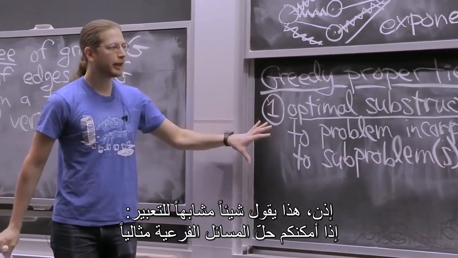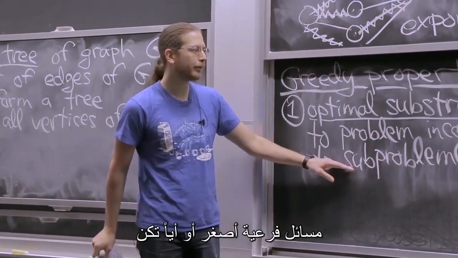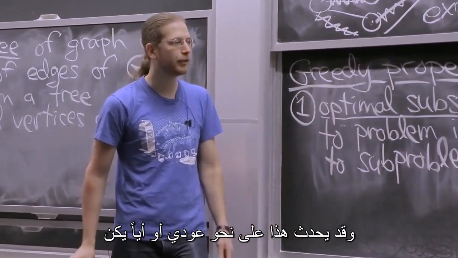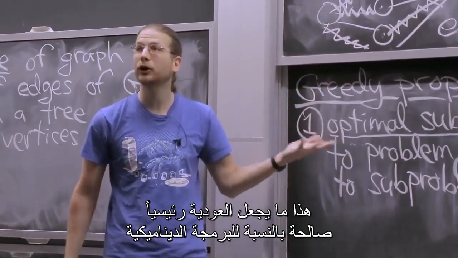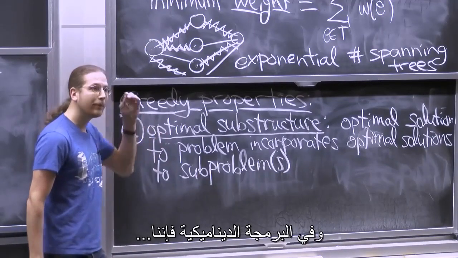So this is saying something like, if you can solve smaller subproblems optimally, then you can solve your original problem, and this may happen recursively. That's essentially what makes a recurrence work for dynamic programming. And with dynamic programming,